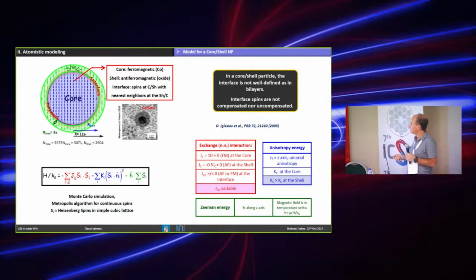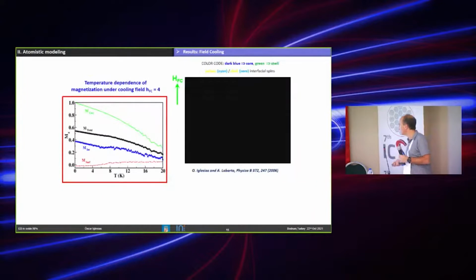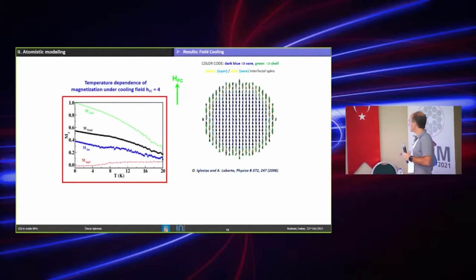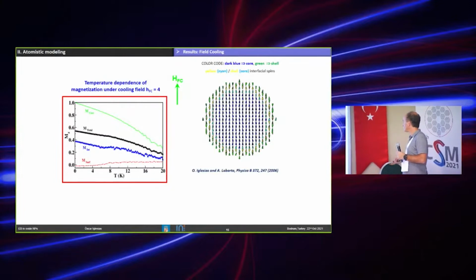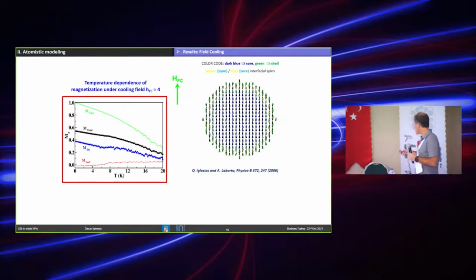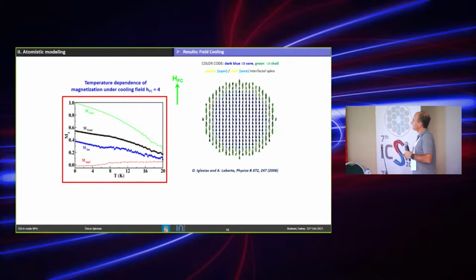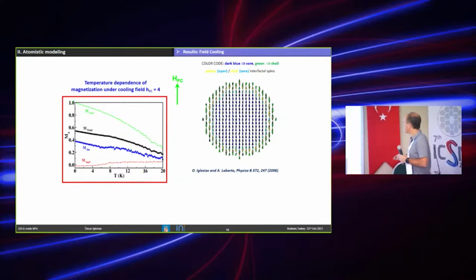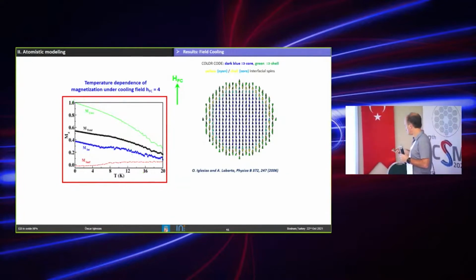And the coupling between the core spins and the antiferromagnetic spins is not known. It cannot be accessed experimentally, so we can play with this parameter and see what happens. The simulation results show you, in these Monte Carlo simulations, that after field cooling some net magnetization appears at the interface